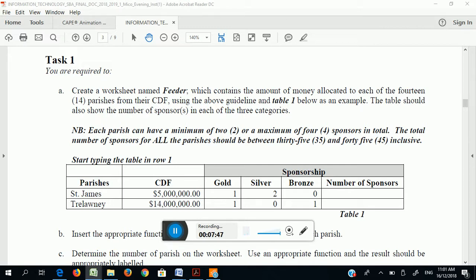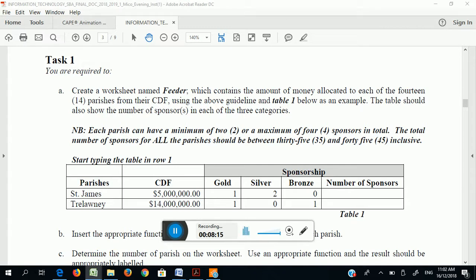I'm missing a parish. We have St. James. Hanover is in the north. We have St. Anne, St. Mary. Then we have Portland. Down the bottom we have St. Thomas, Kingston and St. Andrew.